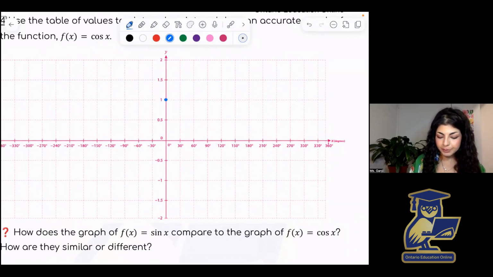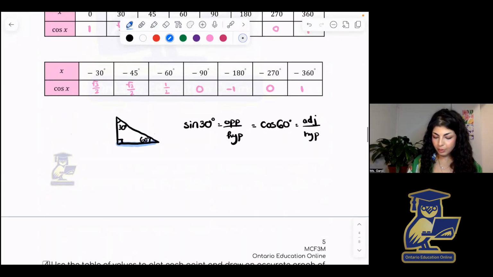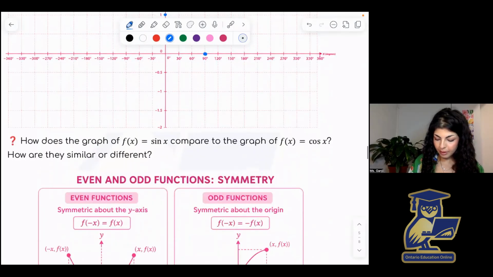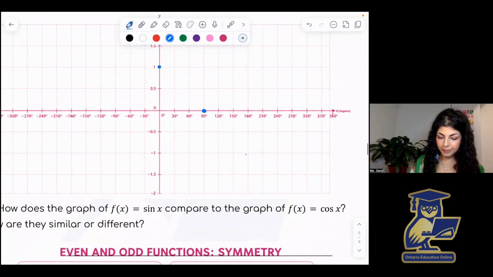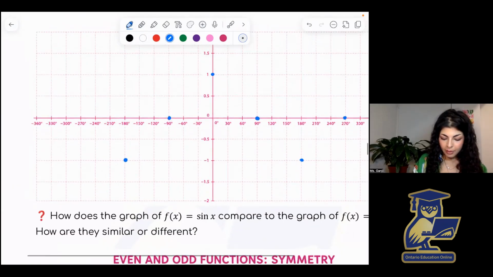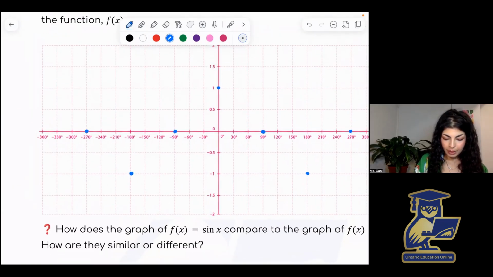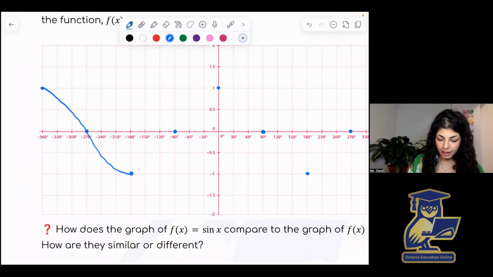So here we had 0, 0, 90, 0, I'll do 180, 270, and then 360, which goes up here. And if we work backwards this way, and then we go up here. Okay, so now I'm going to connect these lines